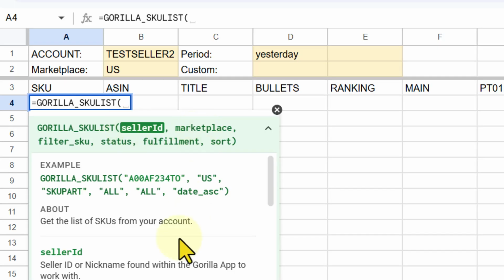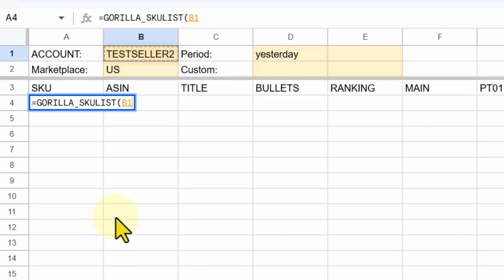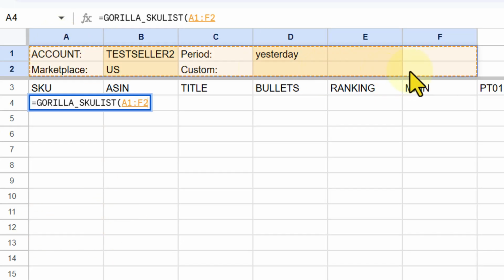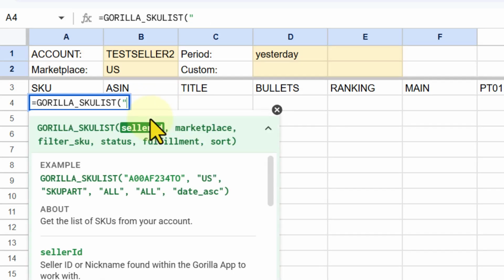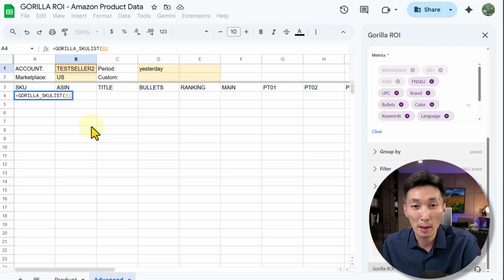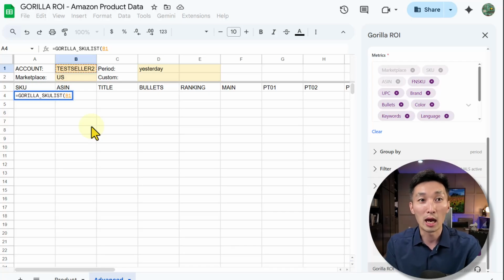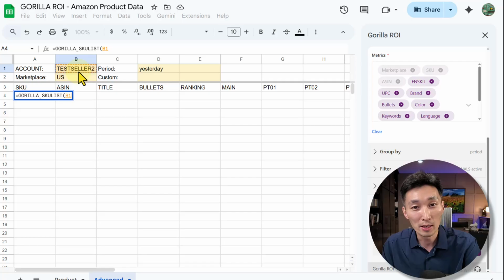So seller ID is the one that is the name of your Amazon account. Test seller 2 is in my case. I've already created an inputs bar at the top just to make things easy, because if you're working with spreadsheets, you want to use references, right? Rather than typing it in manually, which you can if you want, I would much rather just click on a cell and reference that particular cell, so that next time if I want to change the Amazon account name to say Socks R Us or Pillowcase Store, then I just want to be able to enter it at the top here and then switch to a different account and have all the data loaded automatically.